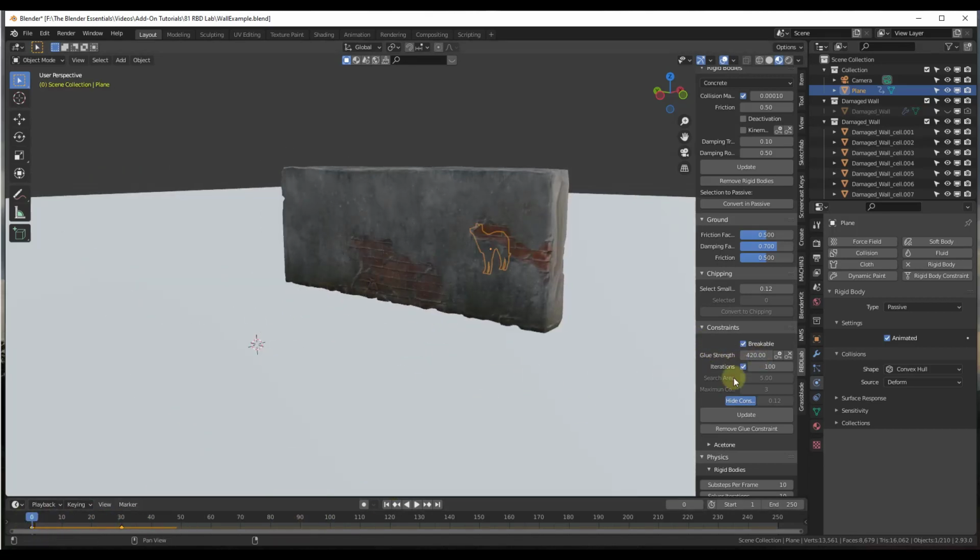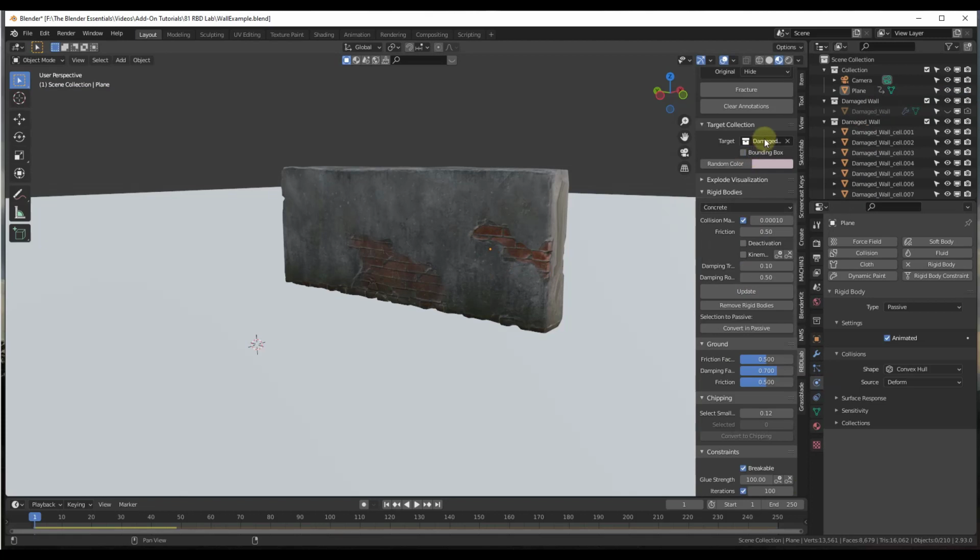So this is where we start playing around with our glue strength to figure out what glue strength we need to hold the wall together, but not so much that the wall sticks together when she pushes through it. So let's say, for example, that we brought this down to 100, and then we clicked on the button for update. That's going to update the glue strength for the collection that we have targeted. So now, if I click on the play button and she runs through,